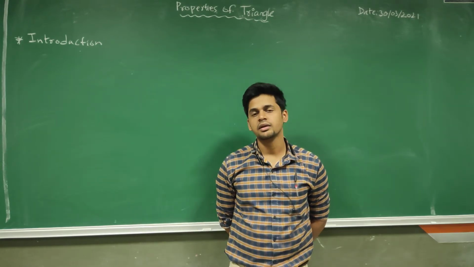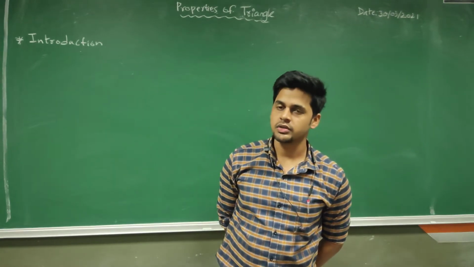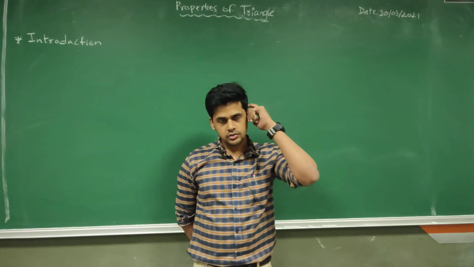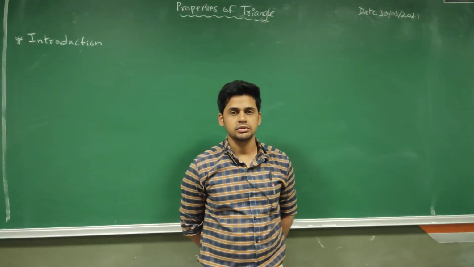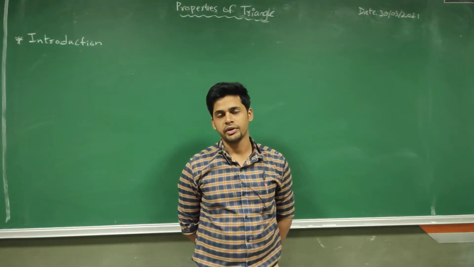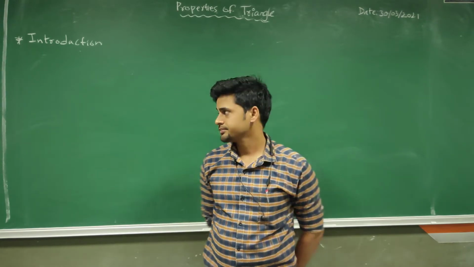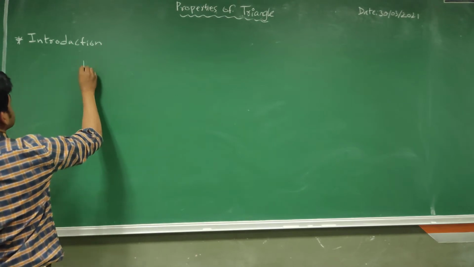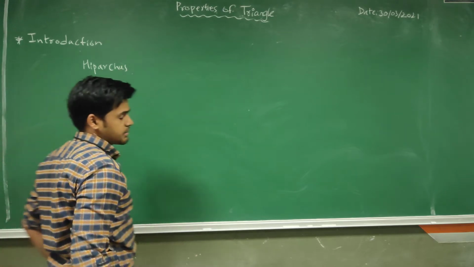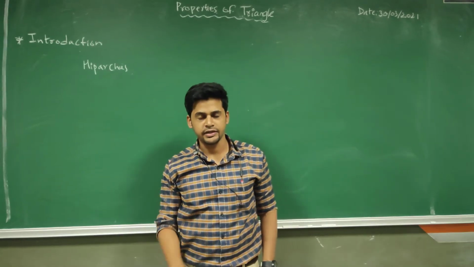So we have learned the trigonometry chapter. The trigonometry chapter was based on the study of the relation between sides and angles of triangles. We know that many solutions cannot be found by geometry or trigonometry alone. So there was a mathematician whose name was Hipparchus. He established a relation between sides and angles of any triangle.